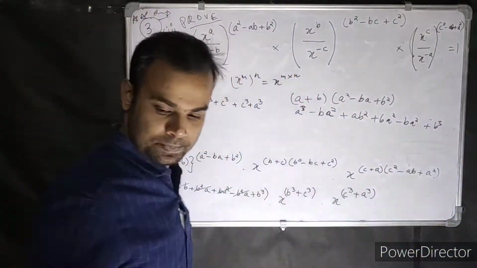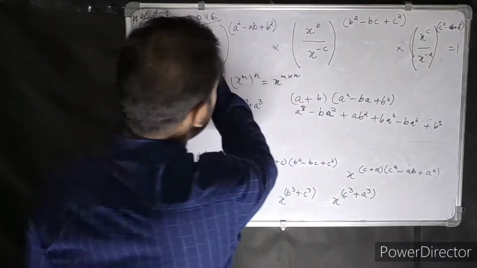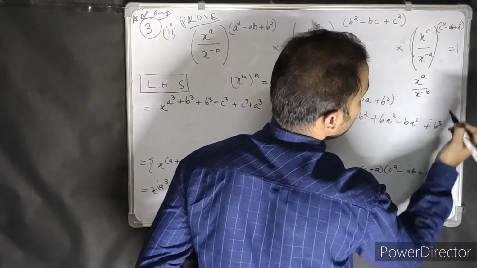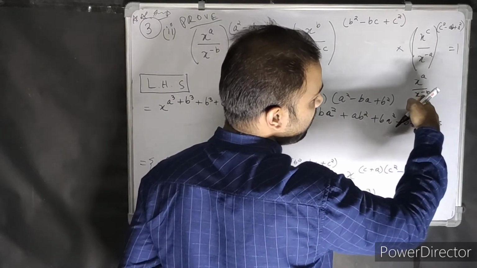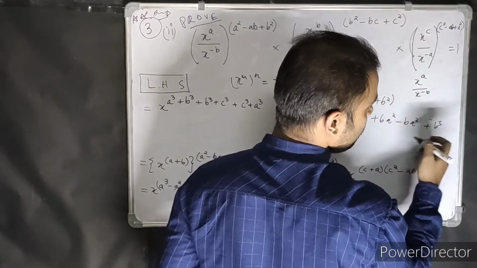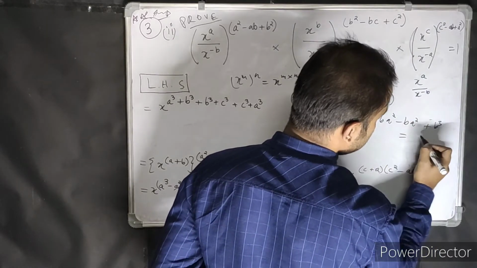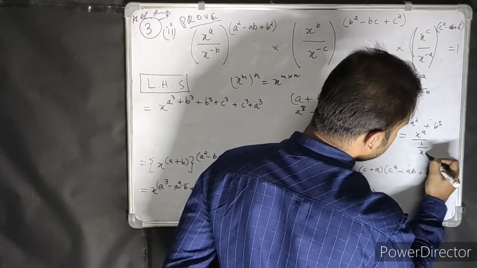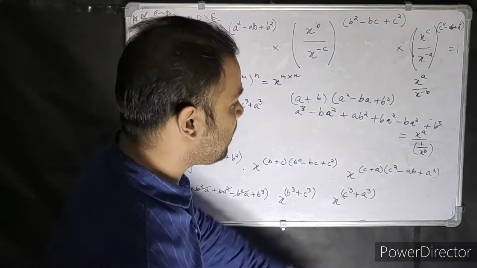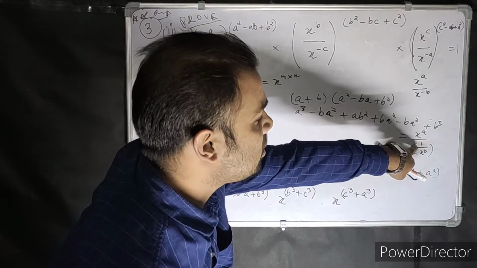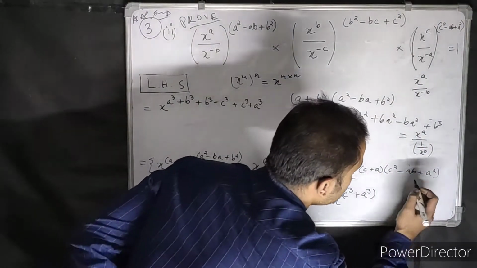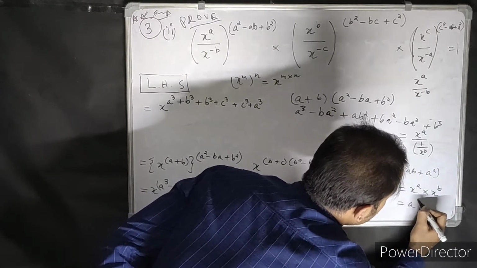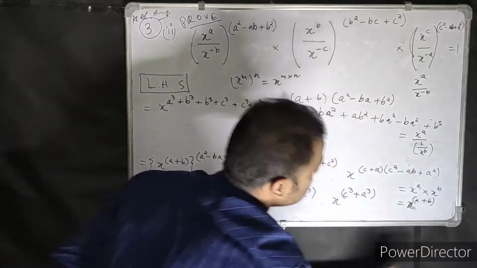Look very carefully. This is what we have. We have x to the power a divided by x to the power minus b. Minus b means this is 1 by x to the power b. So what I can write this as is x to the power a divided by 1 by x to the power b. Now what happens? This is divided, so now it goes up and gets multiplied, reciprocal. So x to the power a into x to the power b, what do you get? X to the power a plus b. So this is not possible.